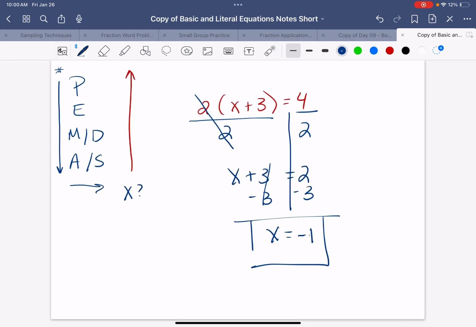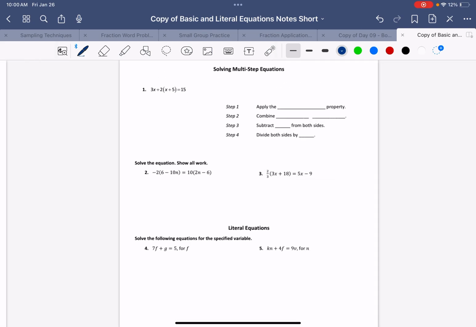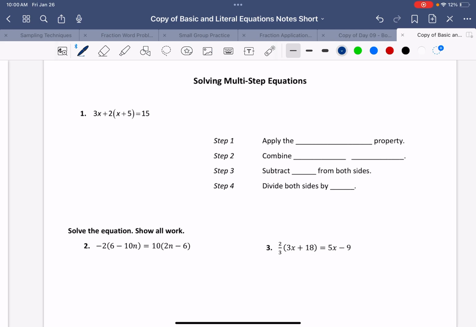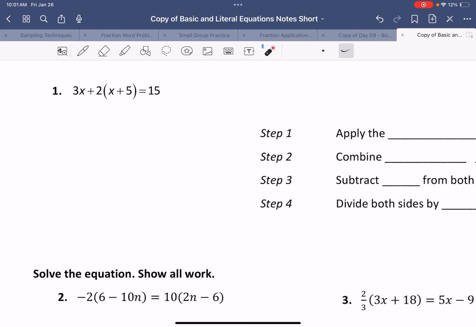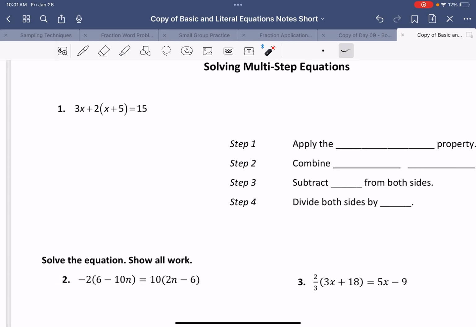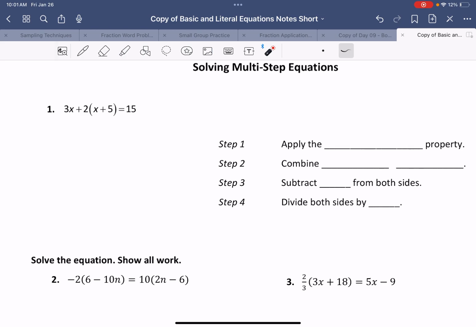All right, so let's go to our notes here. If we're looking at a problem here, there are some things that you need to do first, okay? So the very first thing when it's asking us to solve a multi-step problem, I'm noticing a couple things here. One of the big things is that I've got a 3x here, but I know that this is gonna be a 2x, I have a number. So the first thing you're gonna do is actually try to simplify this problem first, and we're gonna apply the distributive property